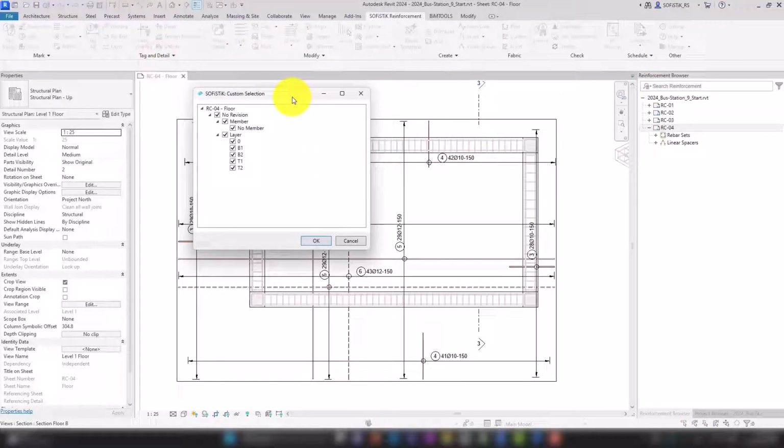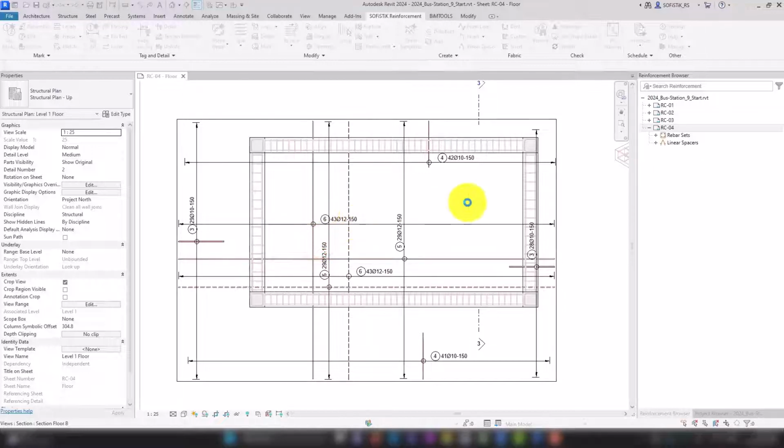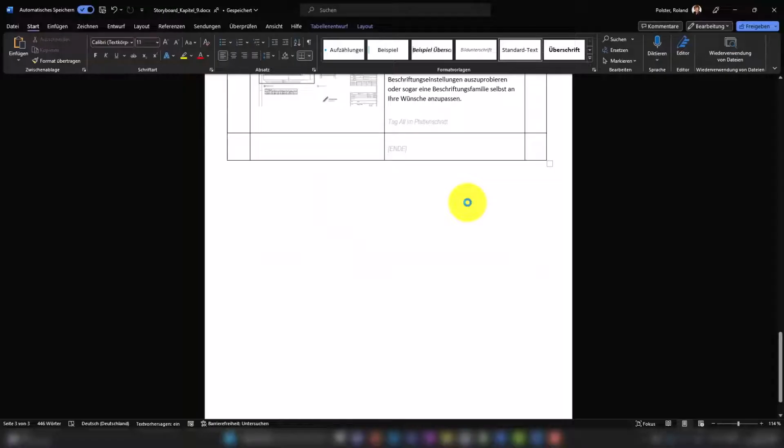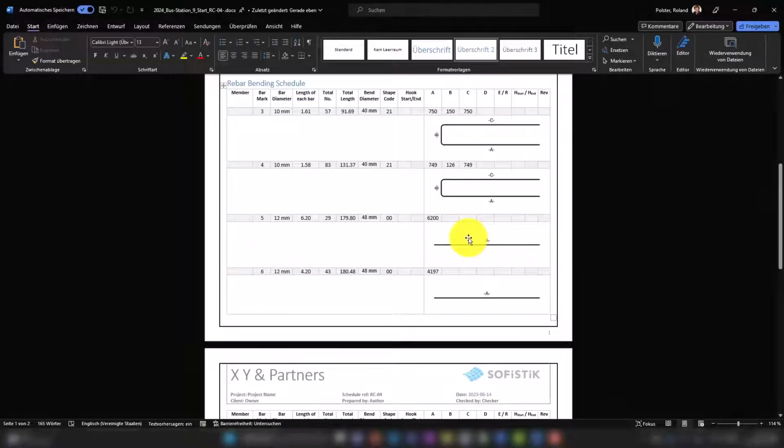Individual layers can be selected to be included within the steel schedule. Here, I've selected the two lower layers and our layer 0. This way, I ensured that my edge bars are ordered and delivered together with the two bottom layers. Very nice.